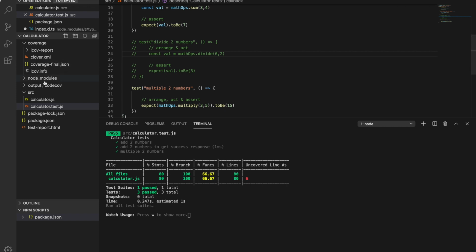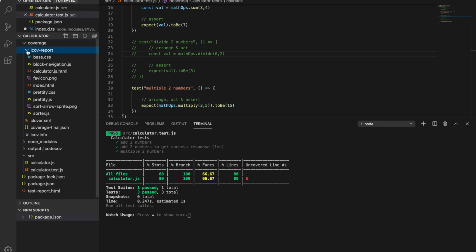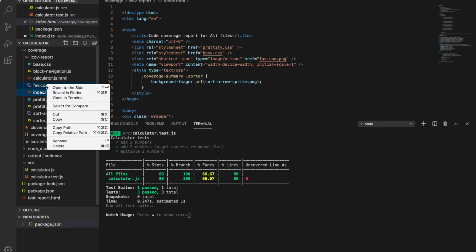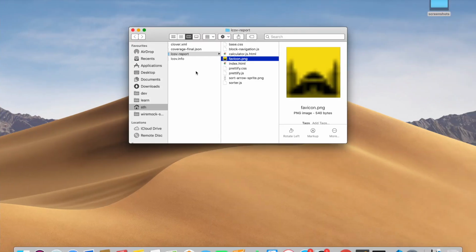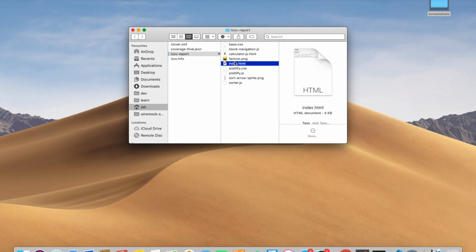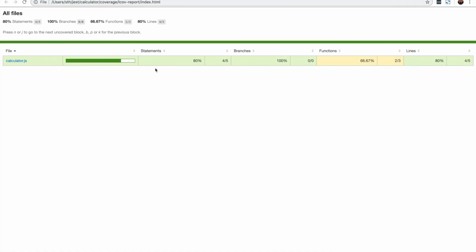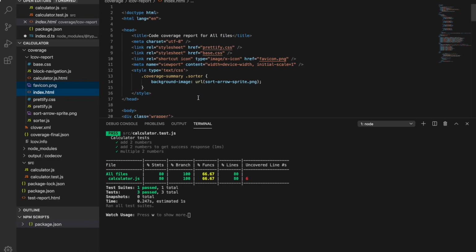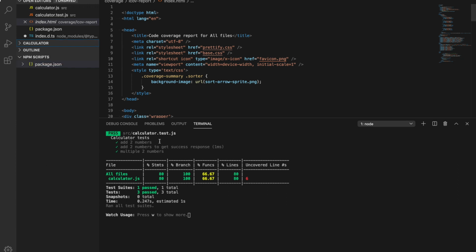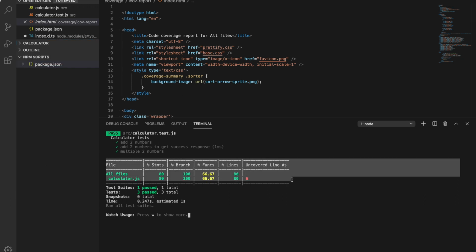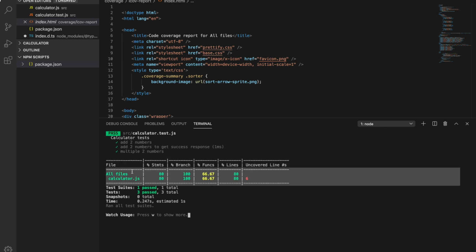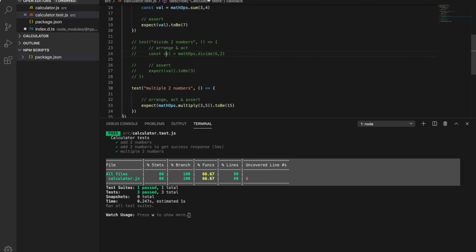So now if I see here, now it's showing me 80% statements covered because we disabled that divide function. So that's how you can basically mention coverage reporters here. These are reports or details that appear on the console when you run the test, and you can create HTML reports as well. So now let's see how you can create execution reports.